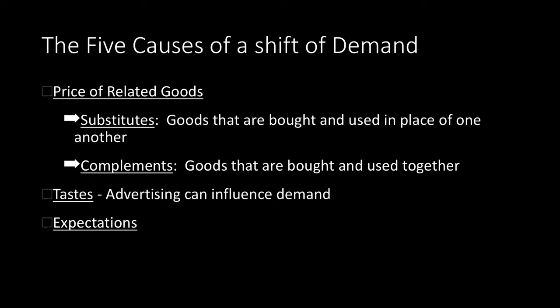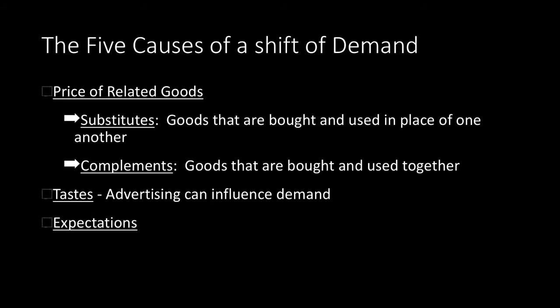T stands for tastes and preferences. In economics, we're really not going to spend a lot of time trying to account for tastes. We're going to leave that to psychologists and other people. There's a wide range of different forces that influence taste over time. But we do realize that changes in taste can happen. A great example of this is when a fad happens. An example of a fad is when something becomes popular for seemingly no reason. A good example of a fad is when silly bands were popular and everybody was wearing silly bands up and down their arms.